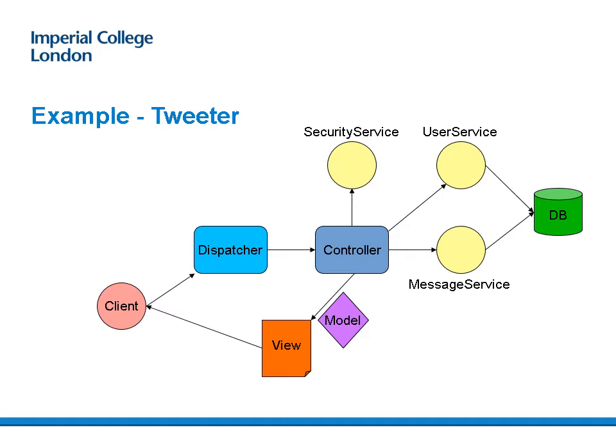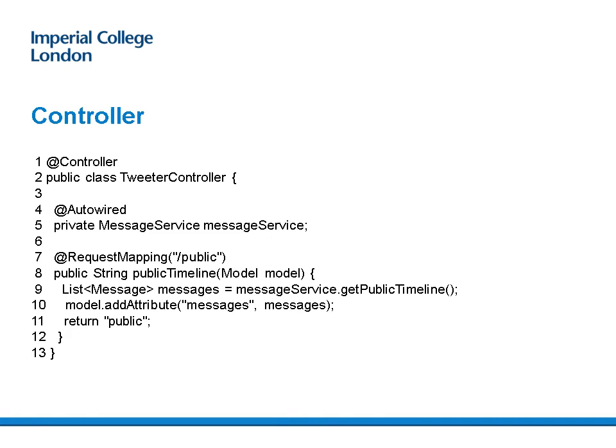Here is a code fragment showing what a controller method for our application looks like. On line 4, the annotation Autowired is a Spring annotation for an object's dependencies. So Spring will automatically take care of instantiating these dependencies and wiring them together. On line 7, the annotation RequestMapping is what actually maps a URL to a controller method. So when the request is made to that URL, the dispatcher will use this annotation to make sure it's forwarded